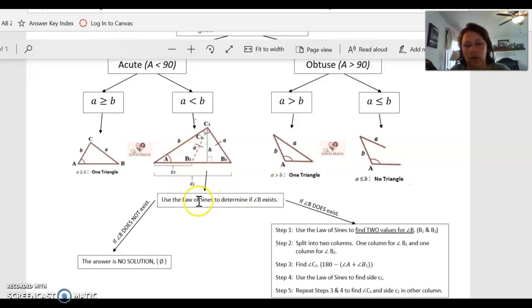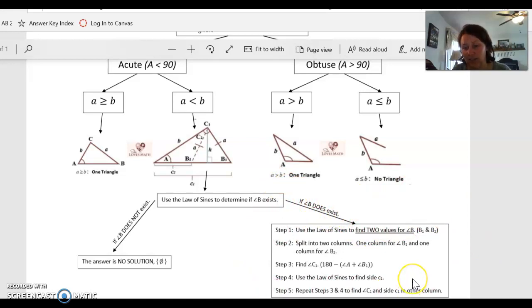We're going to use our law of sines, and once you go through that whole system, you take the arcsine of the side to try to find what angle B is. If it tells you there's an error, or better yet, if you're having to take the arcsine of a number greater than 1, then it's not going to work. If you're trying to take the arcsine of a number bigger than 1, then you're going to end up over here. If angle B does not exist, then the answer is no solution. There's no triangle. There's no answer. However, if angle B does exist, then we've got to go over here to this 5-step process